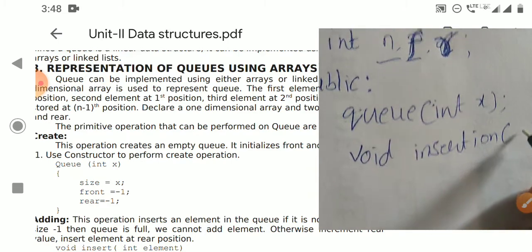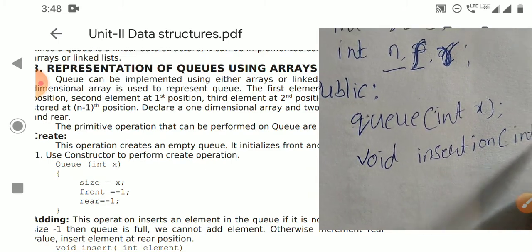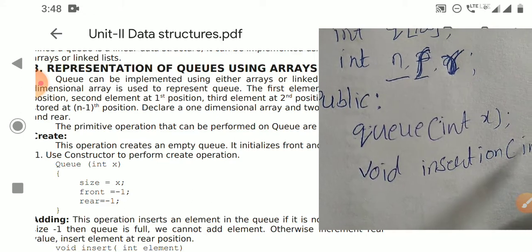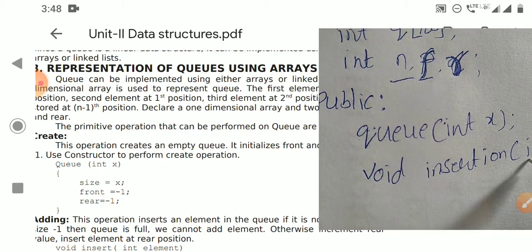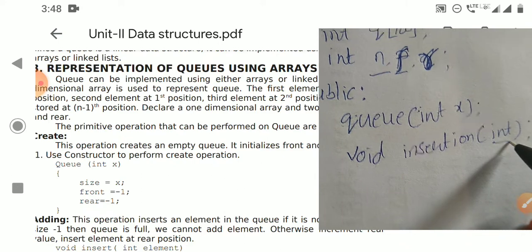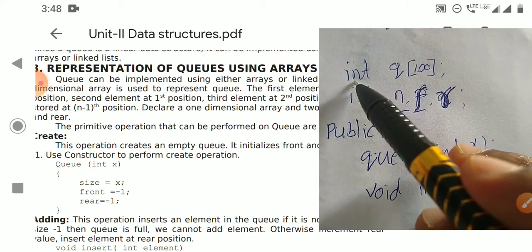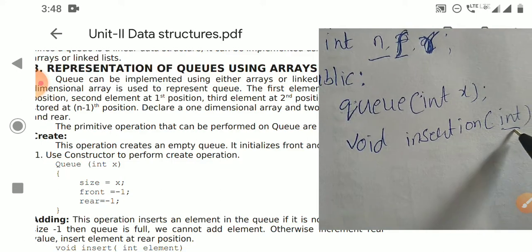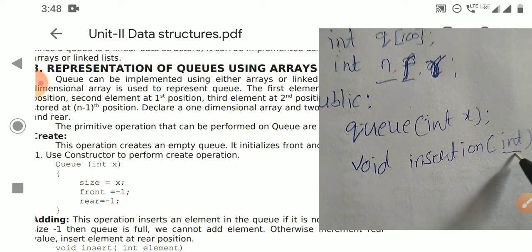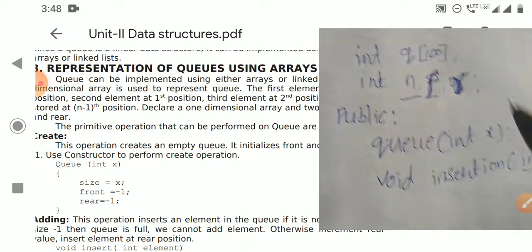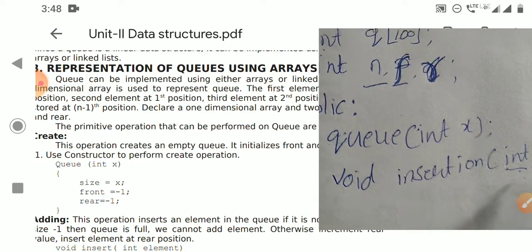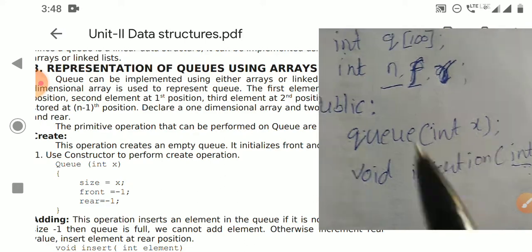This insertion operation will take an integer value. If the array is integer, the parameter is integer; if the array is character data type, then the parameter is also character; if the array is double, the parameter is also double, because we are inserting an element into the queue.